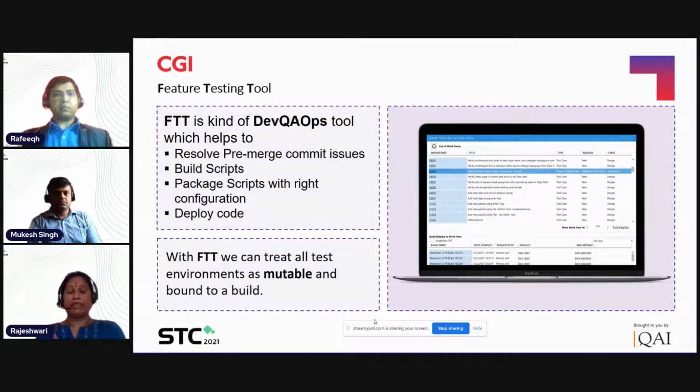This helps in the greater reduction of the integration issues. So this FTT will resolve the pre-merge commit issues. It will do the builds, it will build the scripts for us, and it will package the scripts with the right configuration. Here, if you can see, we have given a screenshot of this, but we have the demo later. But if I want to highlight this particular thing,